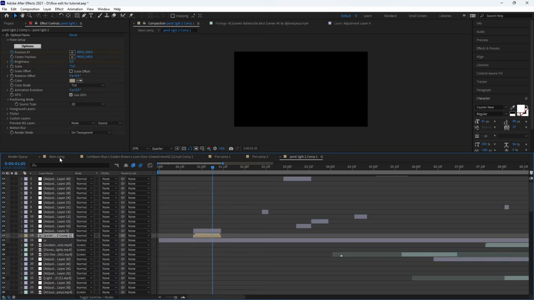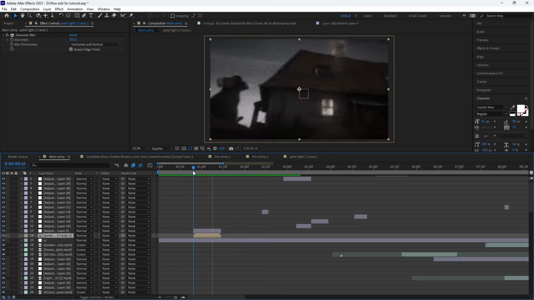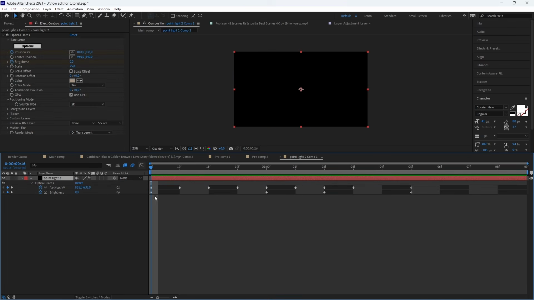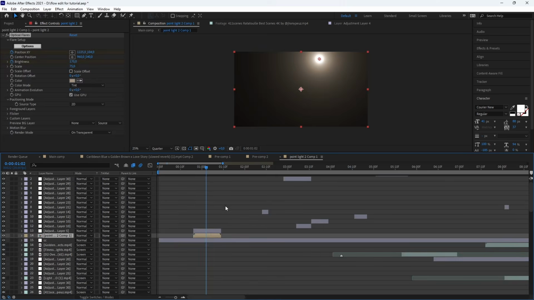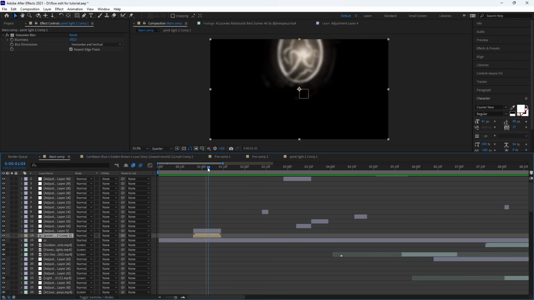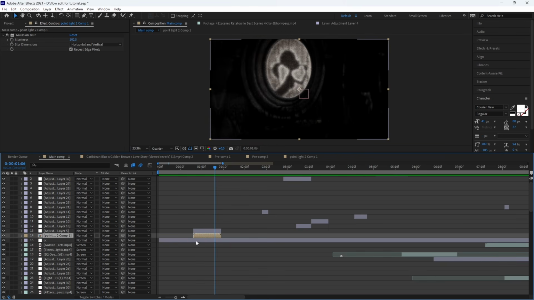Before I pre-composed it, of course, it wasn't pre-composed at the beginning, so I changed it depending on the clips behind, and then I played with the position to give each frame one specific position. So yeah, it looks cool.